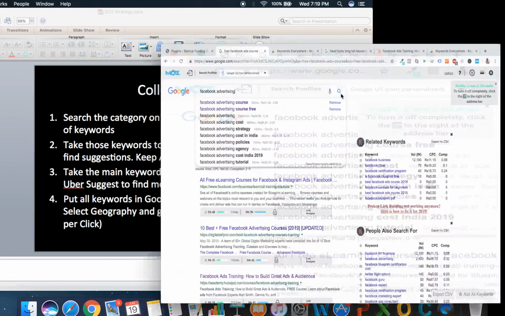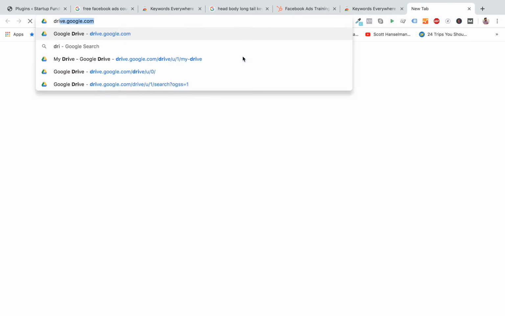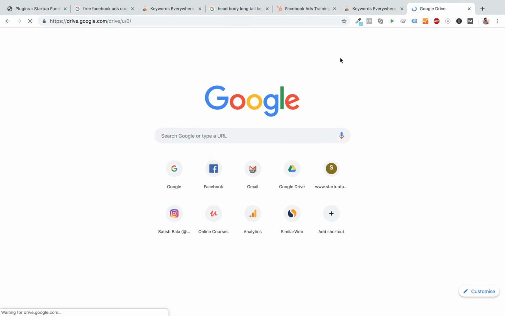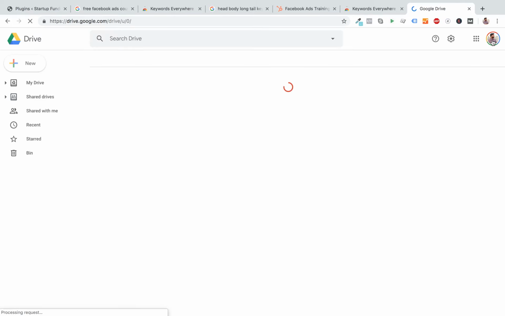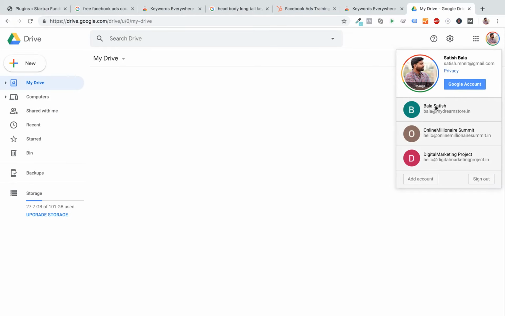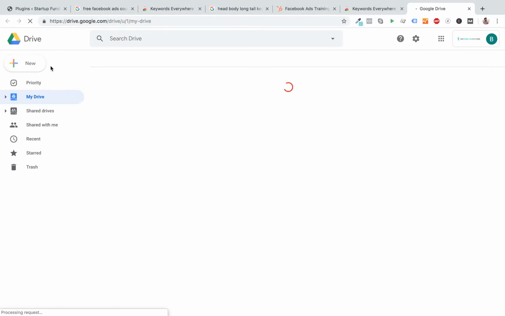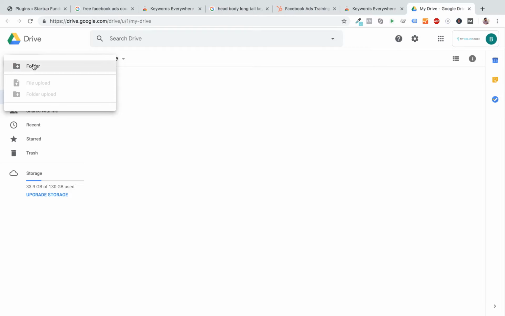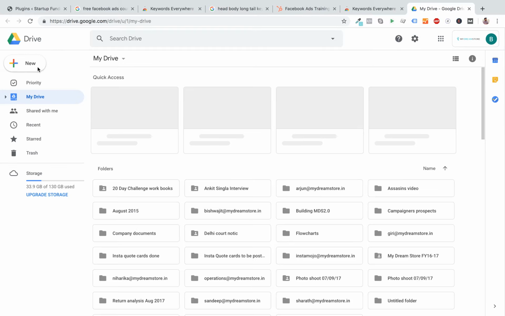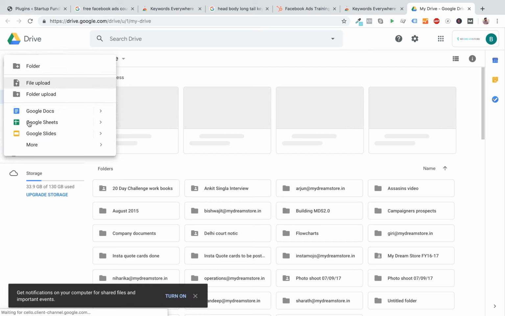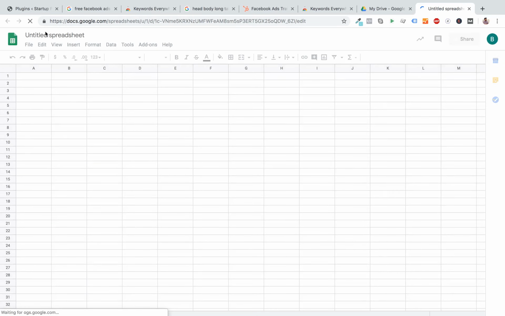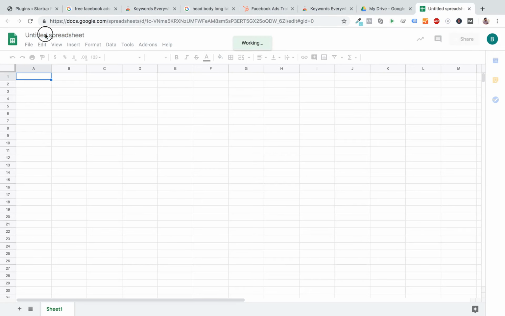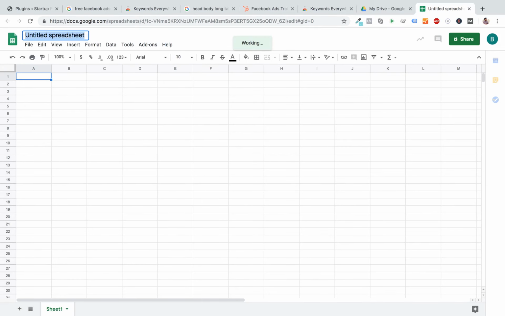So I'm going to create a spreadsheet template, and I'm going to share it with you guys. Just use the same template. It's a basic template that we are going to use for all our keyword research purposes, right? Cool. So I'm going to open a spreadsheet. So this is my keyword research tool. We're going to do keyword research planning for Startup Funding Summit here, right?